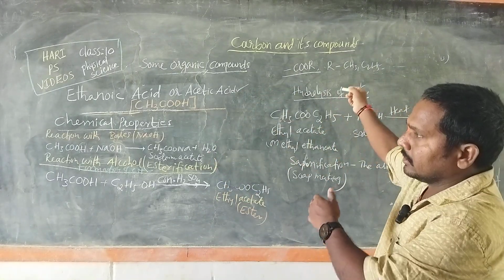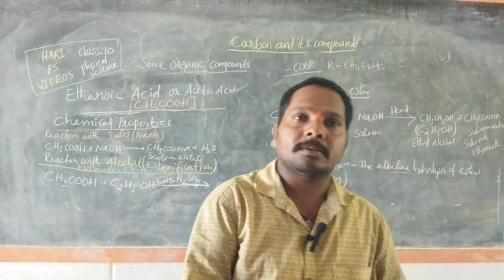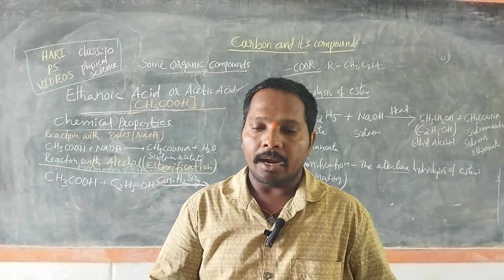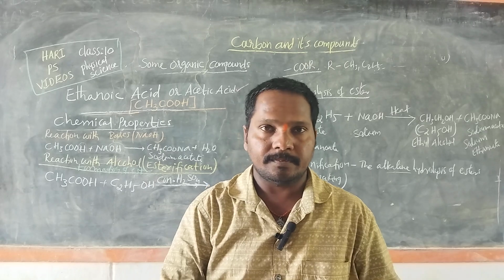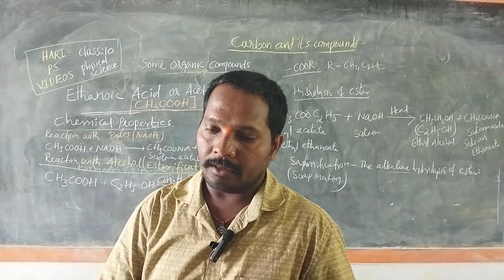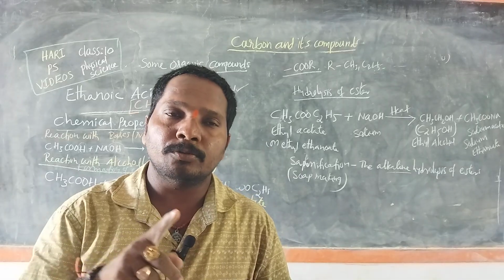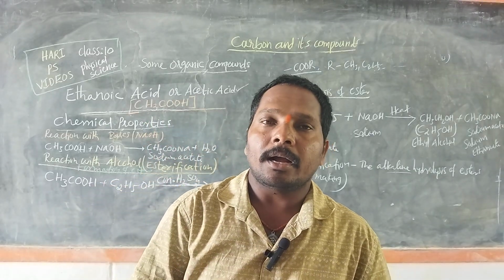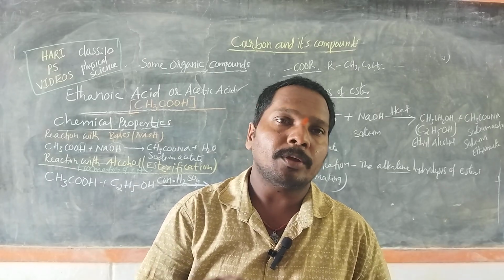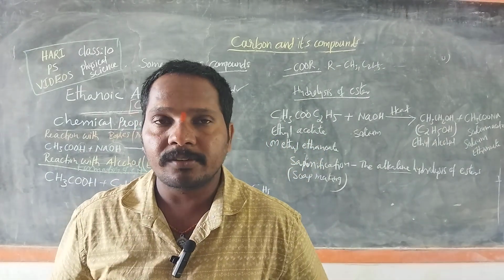While discussing the chemical properties, we also discussed reaction on litmus, then reaction with carbonates and bicarbonates, and ester test for acids. By using the litmus test and by using the reaction of carboxylic acid with carbonate and bicarbonate, we can test for the carboxylic acid. And one more reaction is the ester test for acids.